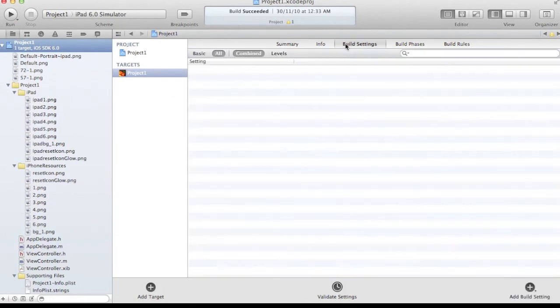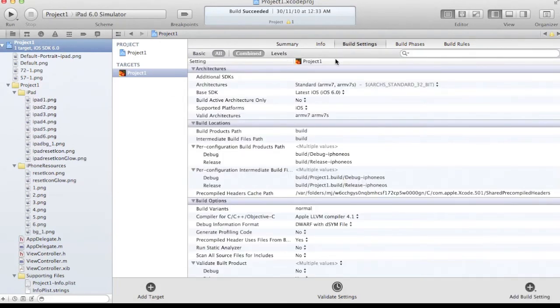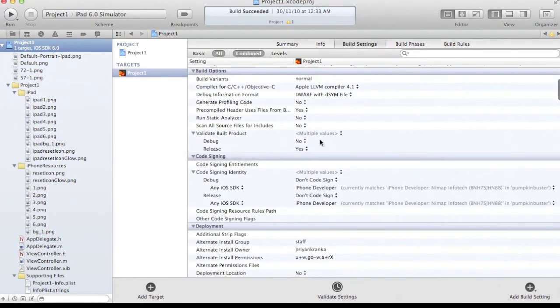Now the most important setting is in the build settings. We're going to go inside build settings and you're going to find something called code signing. Code signing allows you to integrate a profile which has security keys, like which is an app ID, what is a device, and what is a